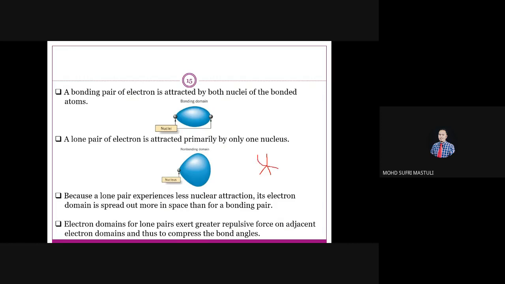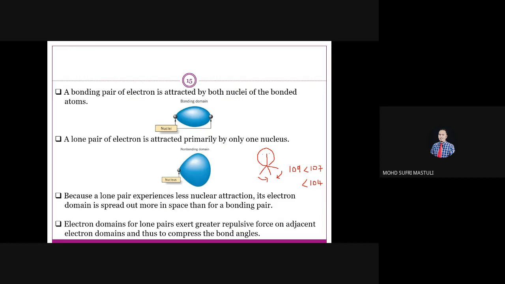Because of the lone pair, the electron domain is bigger in space. It reduced the angle. The angle is no longer 109, it becomes 107. It reduced further. If we have another lone pair, it can be reduced more, to 104. Okay, due to